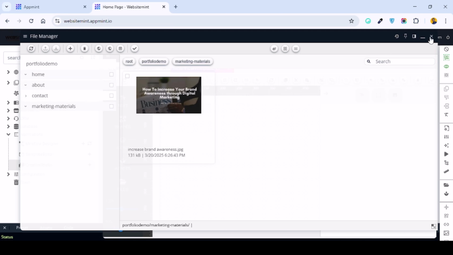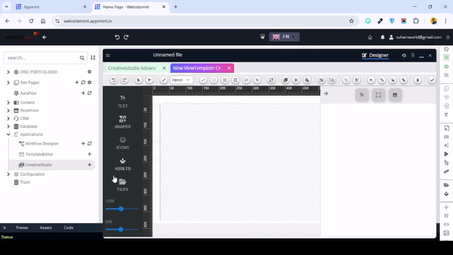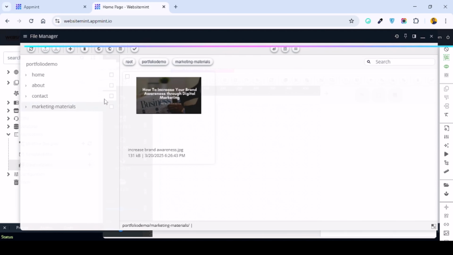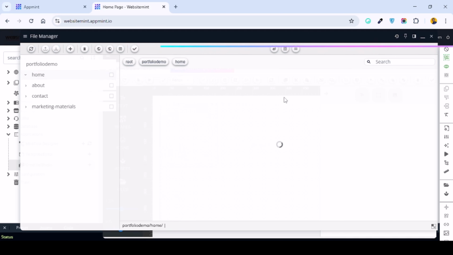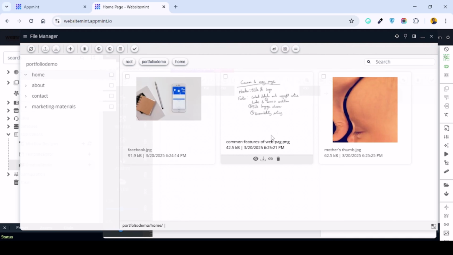So let's say you now want to use your picture elsewhere. All you have to do is click on files. Depending on the picture that you want to use, say you are working on the home page, you can easily go to the home page, and then you will be able to see all the pictures that you want to use for your own page. And if you want to insert it, you just click on this, and then you'll be able to insert it in your marketing material. So that's how to upload files to Creative Studio DAM,